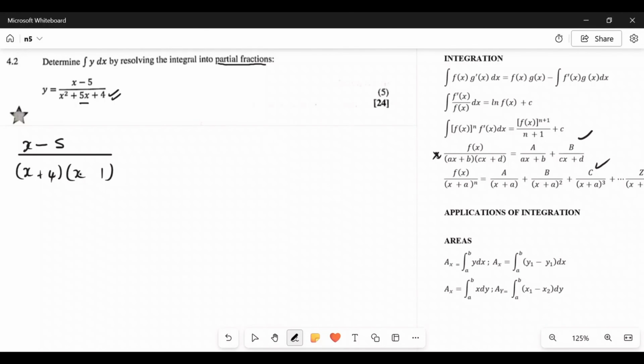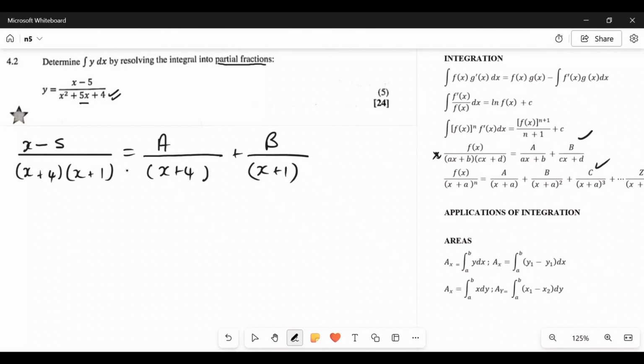Because everything is positive inside the bracket, everything must be positive. But all this is going to be equaling to, remember, we're going to use this formula here from the formula sheet. I hope you guys have seen that. So we can say A is equaling to, we're going to divide by one of the brackets there. It's going to be x plus 4. Then we say plus b is going to be equaling to, we divide by the other bracket, which is x